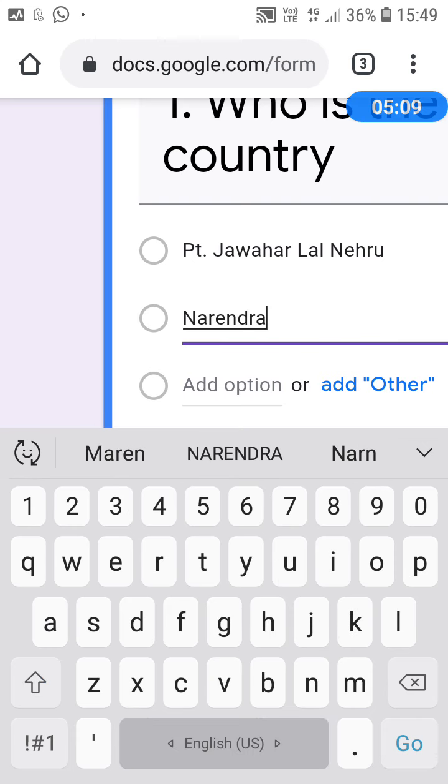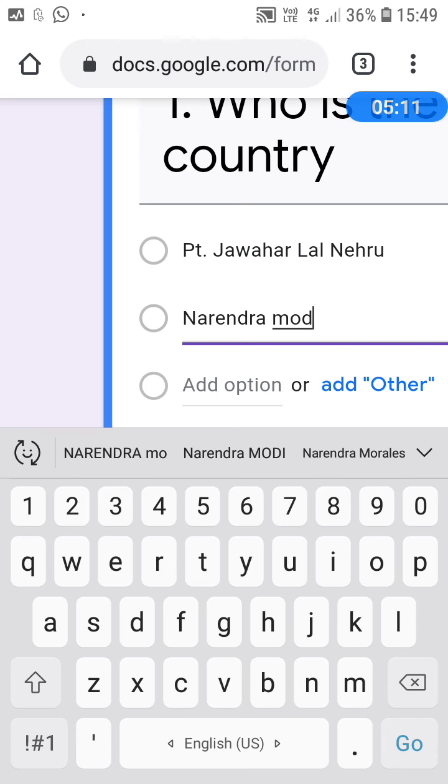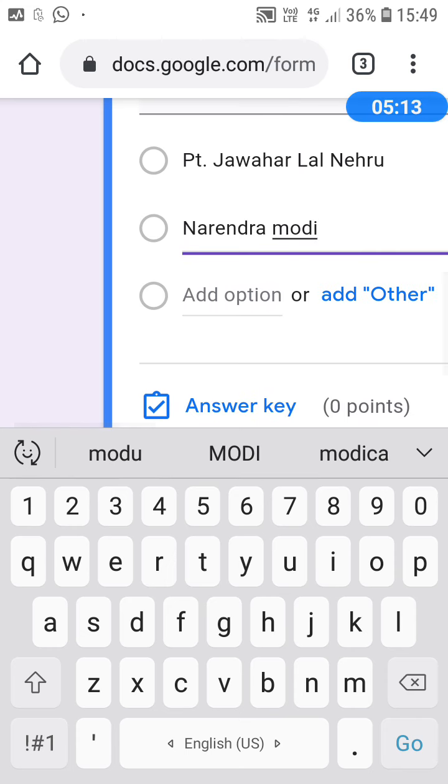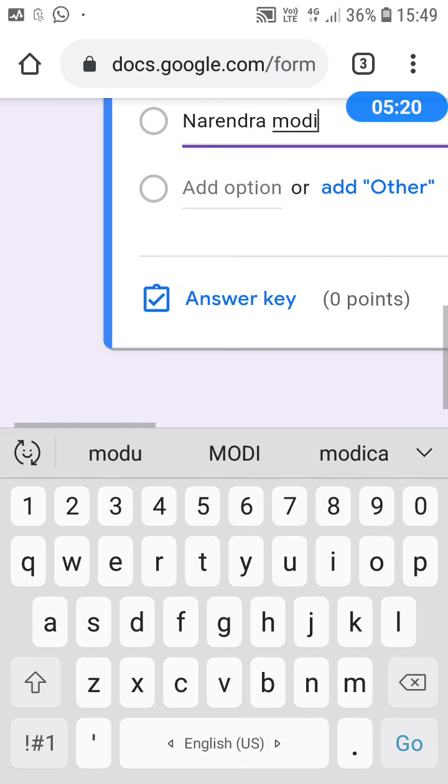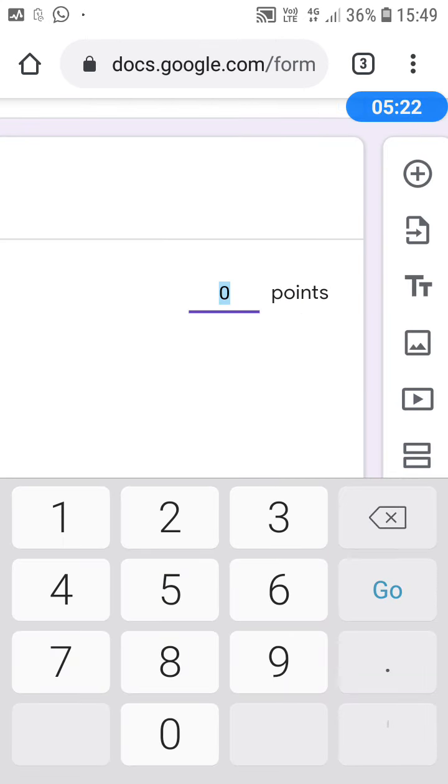Narendra Modi. To give more options, we can click on add option, but here I am going to give only 2 options, and then we have to put the answer key. With this, we have to put points for every question, how many points this question is worth.